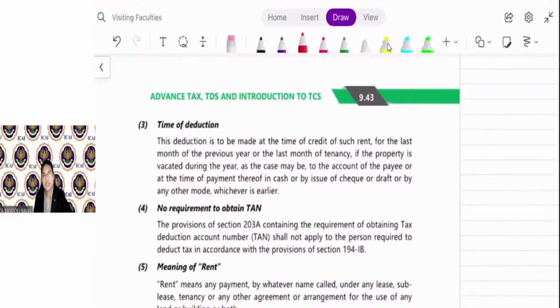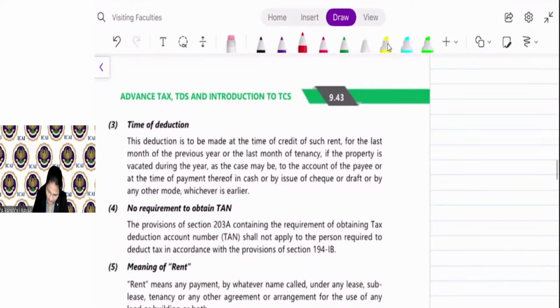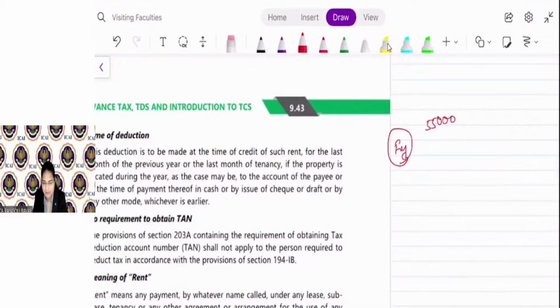Time of deduction. Here you are not required to deduct TDS every month. Here the TDS is required to be deducted from the last month of the rent. So if you are taking a property on rent for the full financial year, say for example, the rent amount is 50,000 per month, so 194IB is applicable, right? So in this case, you are required to deduct TDS